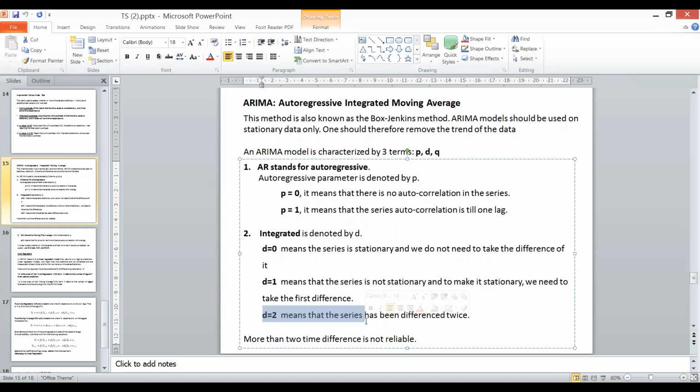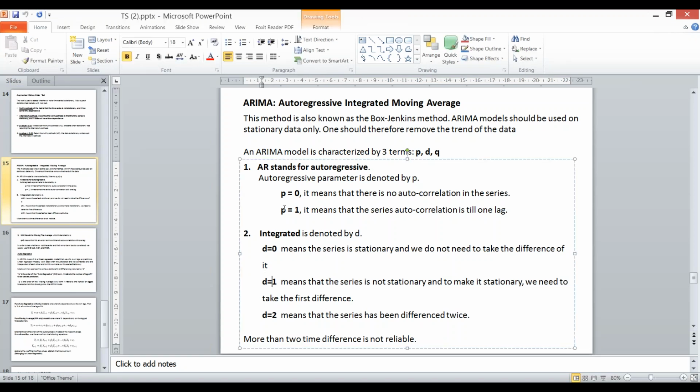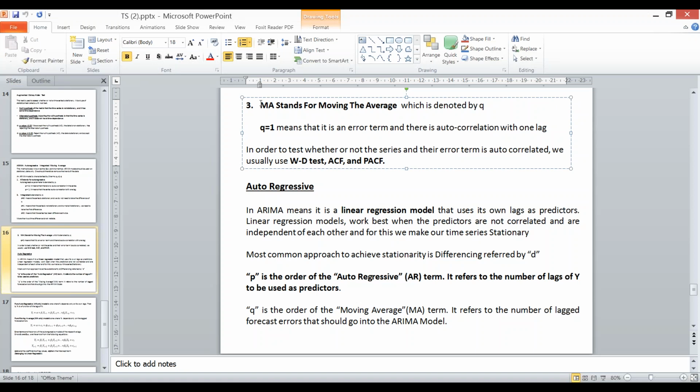So by this, stationarity is always achieved. We do not need to do all this differencing ourselves, and these are the parameter values. If we give a value in ARIMA for D is equal to 1, what will it mean? If we give the value of P as 10, then what is the meaning of that 10? Now similarly, we have to give the value for MA, because ARIMA is composed of 2 models, AR model and MA model. So in ARIMA, if we just give the value of AR and keep 0 for MA and I, then it is just an autoregressive model.